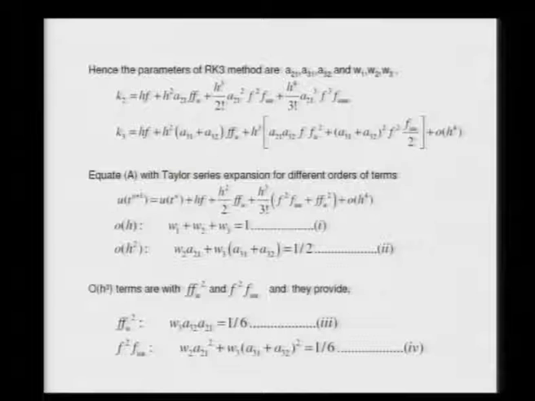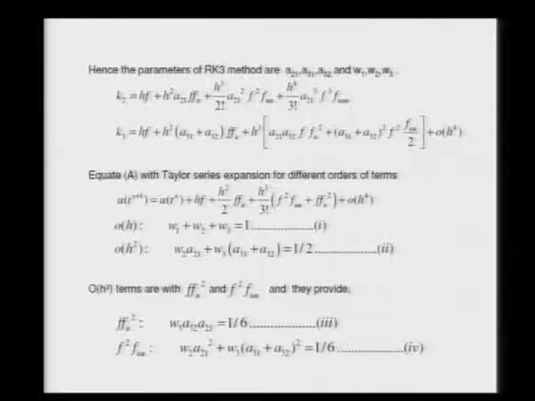So, the usual way of defining this problem, as we have discussed in the prior lectures, is to basically obtain the parameters of this RK3 method, which involves finding those three aij's. In this case, they are a21, a31 and a32, plus those three weights that we have indicated as w1, w2 and w3.